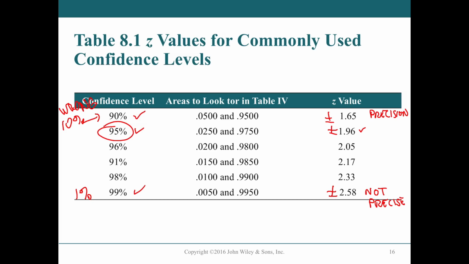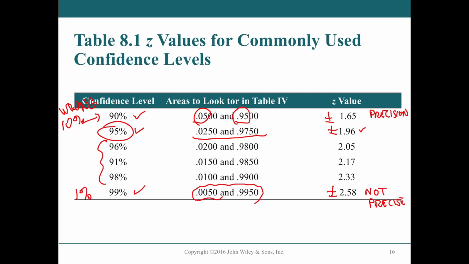However, you're not going to have to worry about that in this class. You'll always get these confidence levels defined for you in advance. And the book, of course, does extend it into further modes. They even have a 97% here and there. But the ones that I put check marks on are the ones that you will see the most often. And if you were looking in the table to double check your work, the 90% has 5% in each tail, 0.05 in the left, and then cumulatively speaking, 0.95, which is 0.05 in the right side, by the way. So if you want to double check these in your table, you could do them.